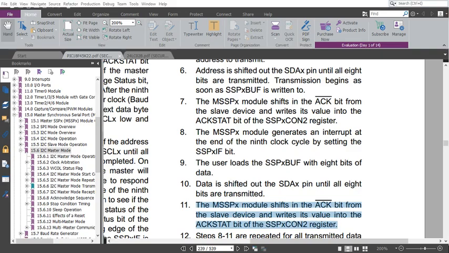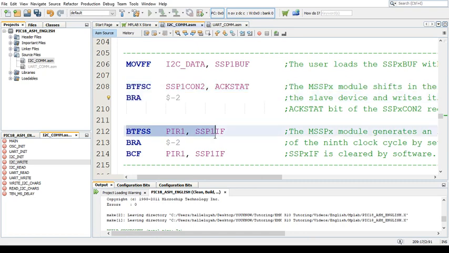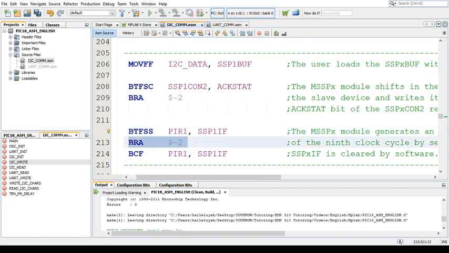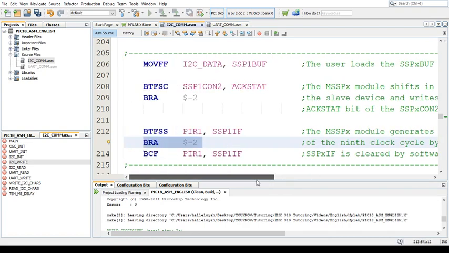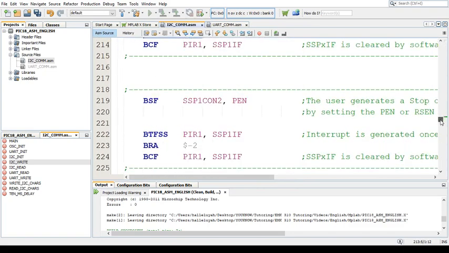Let me just go there. Okay. As you can see here, we have to poll for that bit again, right? We have to make sure that bit is 1 to ensure that transmission has been completed. Transmission of this 8 bits has been done. And then once that bit is set, then we know we could skip the next line and clear the SSP1IF bit of the PIR1 register. And right after that,